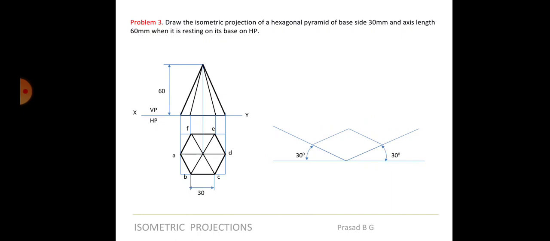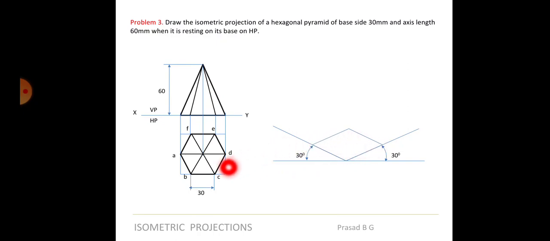Next, now this is something interesting you have to see. As I mentioned, this is 1 and this is 2, so 1 and 2 will come here. You know that BC will come in between 1 and 2, right? So I will measure the distance from 1 to B, whatever distance is there, and make a mark here, and this point will be B. Same way I will measure from 2 to C, and from 2 I will mark that point C. So I get the points B and C here.